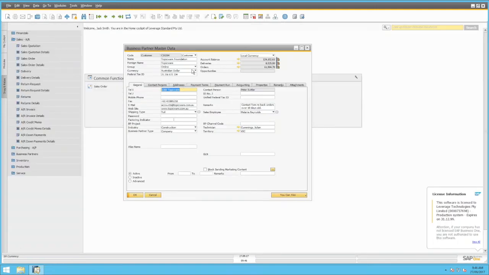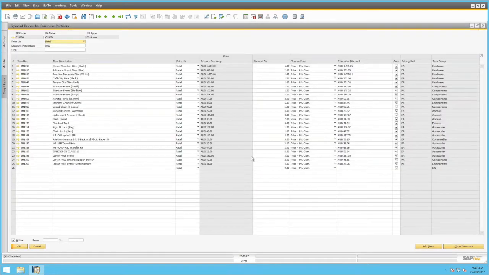Other things that I need to create awareness of is just the right-click contextual options, I should say. So when I right-click, I have a few other options. I've got the option to remove the business partner or duplicate it, but I also have the ability to look at special prices that have already been set up against the customer. So if I click on special prices, I see the list of items that we have special prices for. So we currently have 25 items that have special prices, and I can see the discounts that have been applied